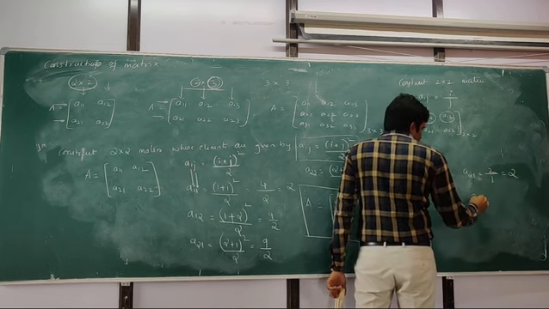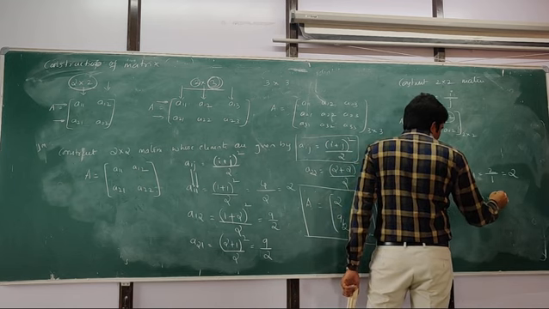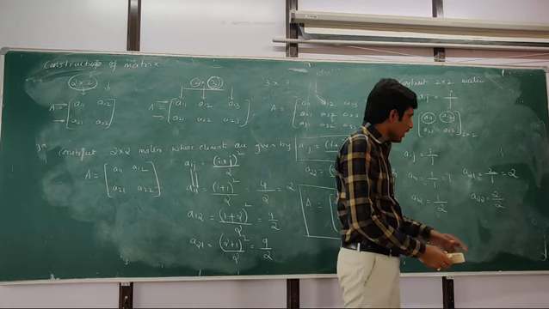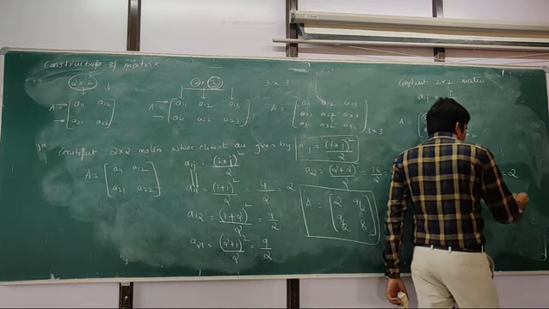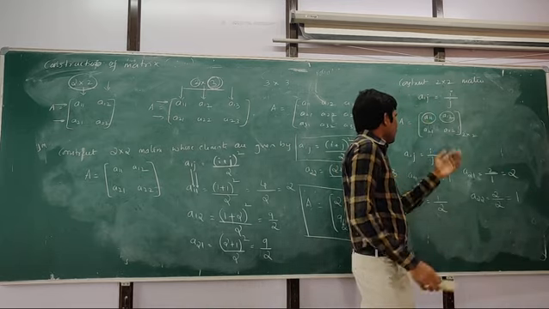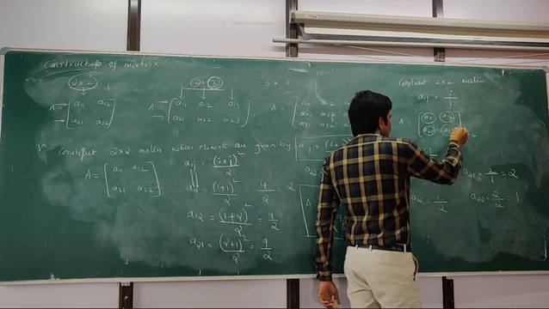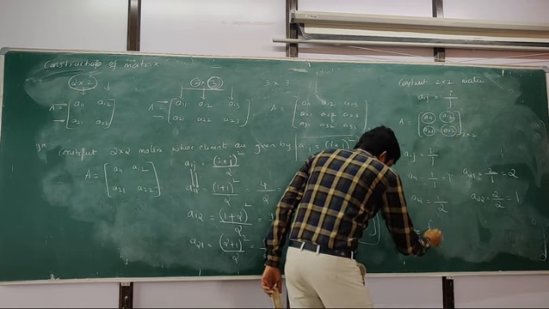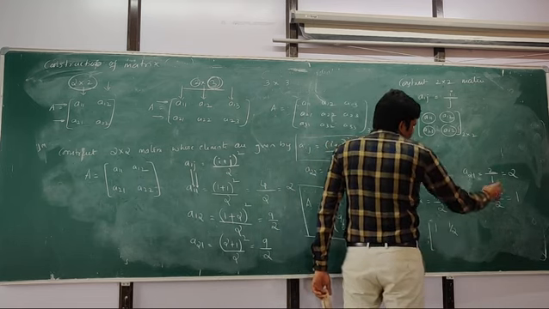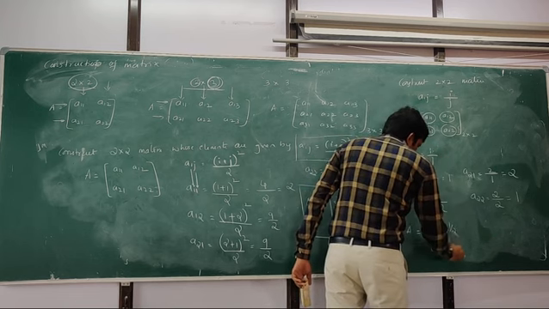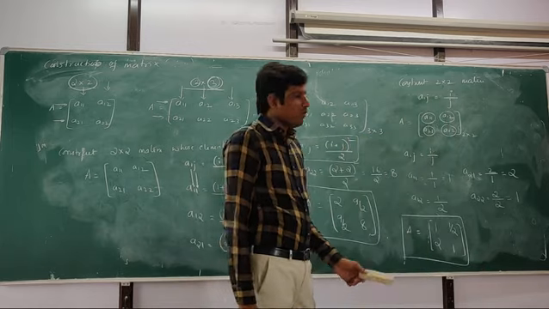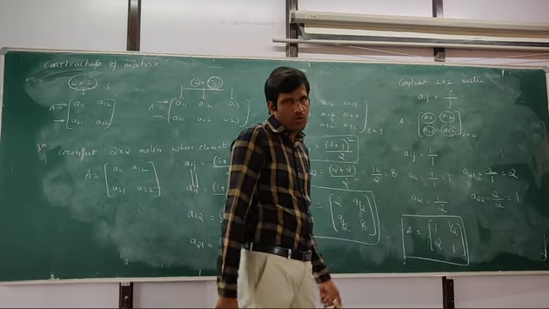And the last value is A22. So A22 is i divided by j. The i value is 2, and the j value is also 2. So that is 2 by 2, which is equal to 1. By using this formula, we determined the values of A11, A12, A21 and A22. Finally, we have to write this 2 cross 2 matrix. A11 is 1, A12 is 1 by 2, A21 is 2, A22 is 1. So this is the construction of a 2 cross 2 matrix whose elements are given by Aij equal to i by j.